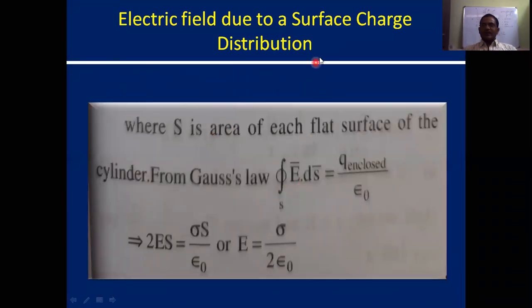Therefore, surface integral E bar dot ds bar equals, according to the Gauss law, Q enclosed by epsilon naught. Left side what we got? Left side we got 2ES, that equals sigma S by epsilon naught. Here Q equal to sigma S substituted. Left side S, right side S cancel. Then finally we are getting E is equal to sigma by 2 epsilon naught. You have to notice that in the case of a uniformly charged conducting sheet, the field strength at the nearest point is sigma by epsilon naught, we got there. But here field strength is sigma